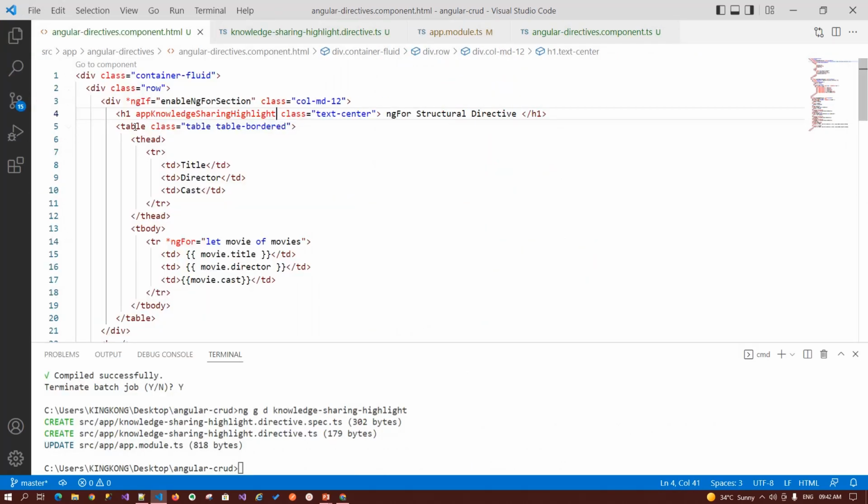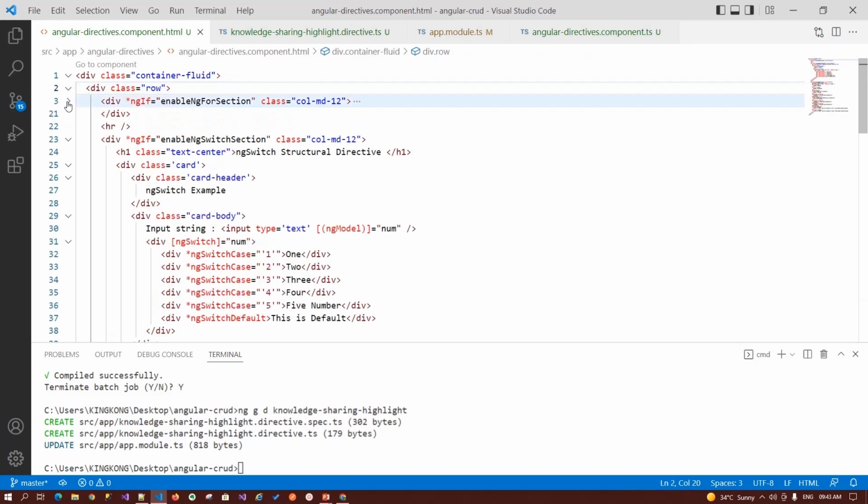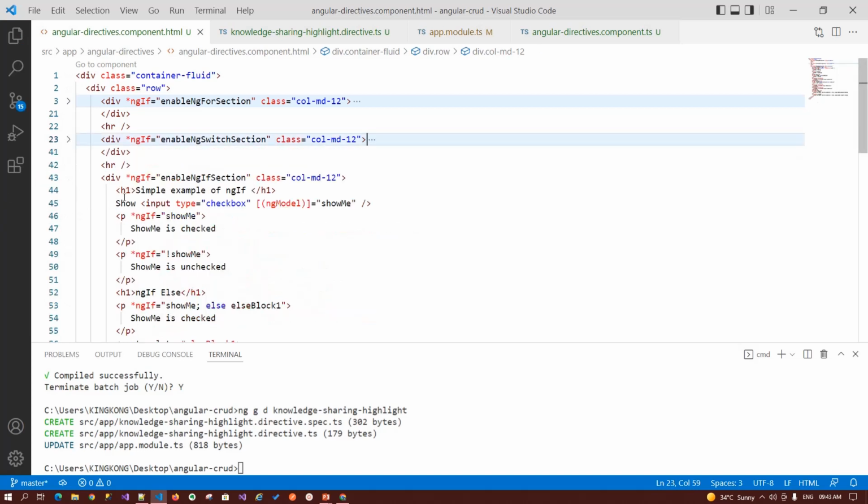Again I am repeating the step: on the heading, any HTML element, add a space, then pass your custom directive that you just created. In a similar way, let's pass it to the other one also, space your directive name, again space your directive name. Now if I run my app again,